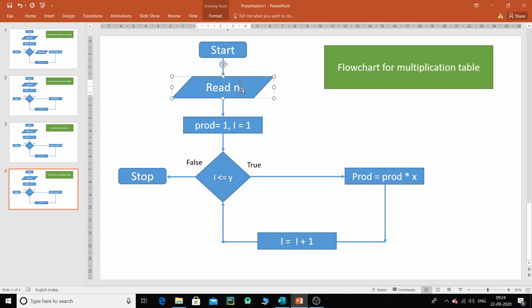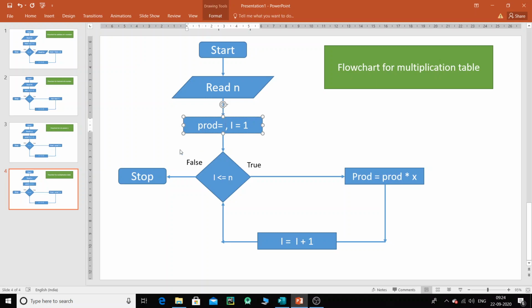So this is n, and let this be 1. Let me make this 0, or, it won't really make any difference. i is equal to 1, and I will say over here i is less than n. And then over here what I'm going to do is product is equal to product into